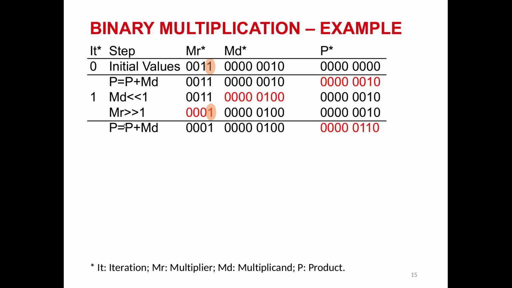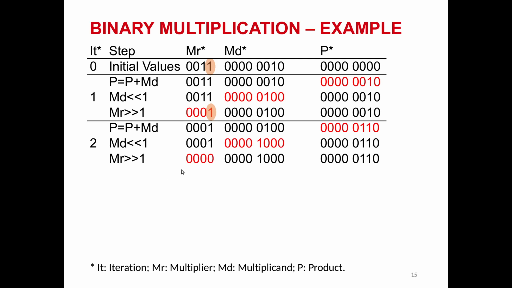here we add them together, and the value of product will change from 0, 0, 1, 0 into, you can see here, adding 1 here together with this, it creates 1 here, so the new value will be 0, 1, 1, 0. We will do the same with multiplicand and multiplier. We shift multiplicand 1 bit to the left, shift multiplier 1 bit to the right, and we have these two new values.